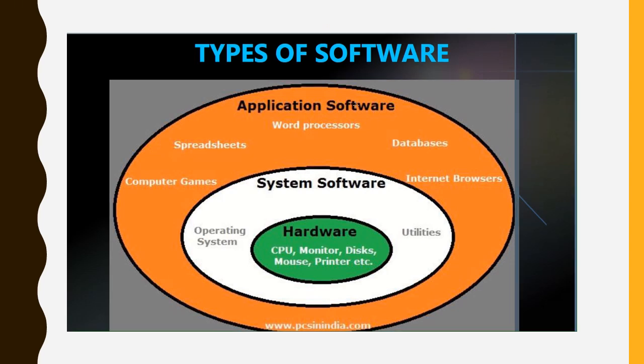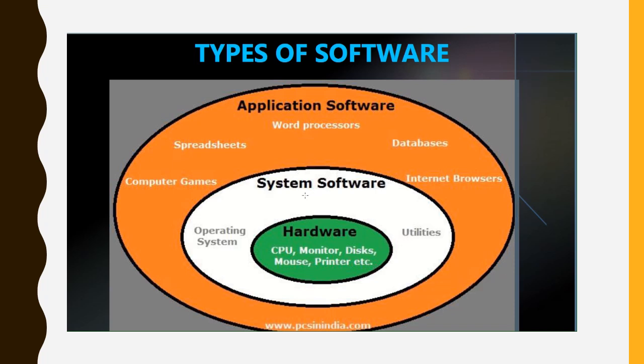So students, in the last topic we have learned about the types of software, so we'll start from this topic itself. I was about to say there are two types of software. Software used to run what? Your hardware. Hardware comprises the physical computers like your CPU, monitor, disk, mouse, printer, etc.